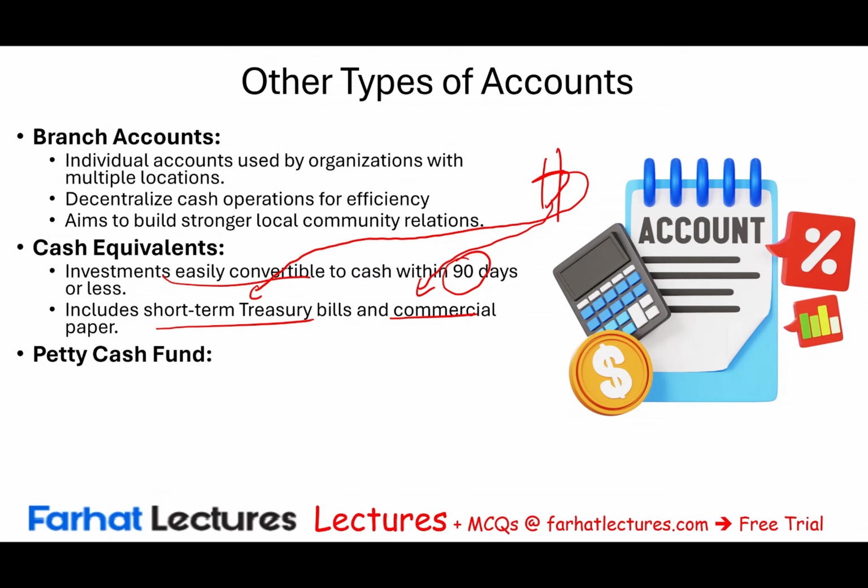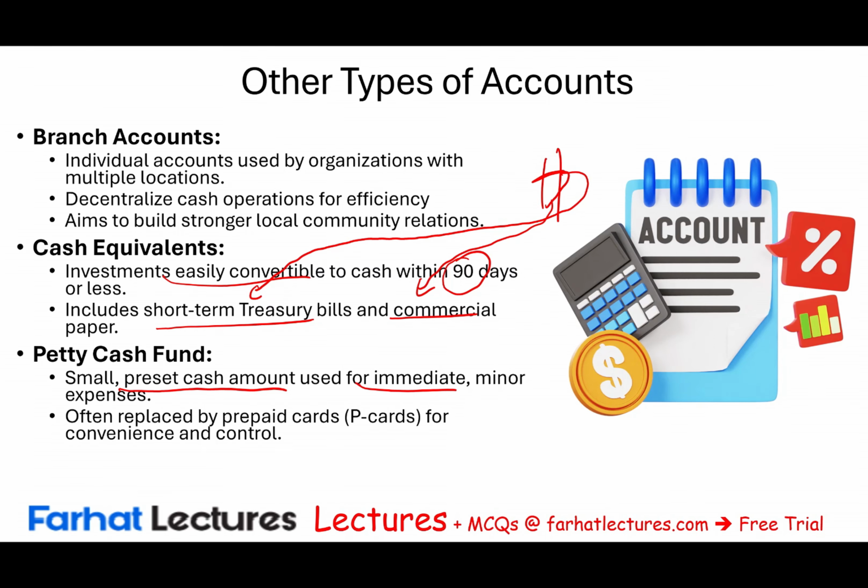And we have the petty cash fund. What is the petty cash fund? It's a small preset cash amount used for immediate minor expenses. Like what? For example, let's assume the employees are working overtime and you want to buy them a few pizzas, or you ran out of ink for the paper. You don't want to go through the whole vendor procedures to buy the supplies. You might have $200-300, a minor amount on hand for cash to do what? To buy those goods, so you don't need to go through all the processing